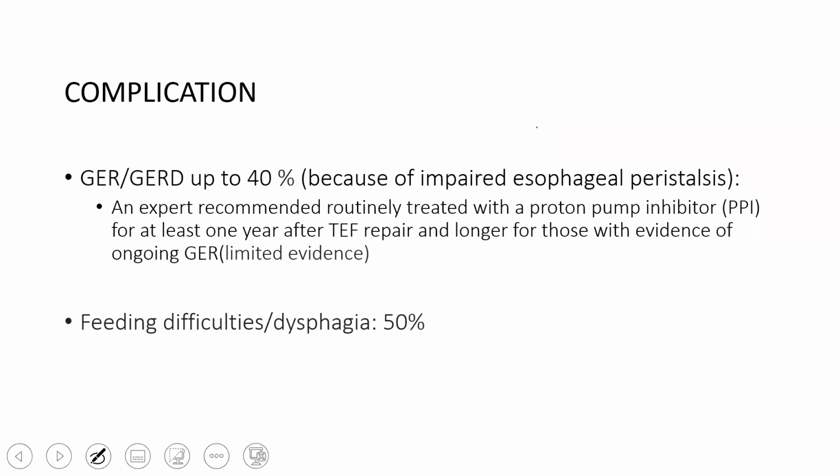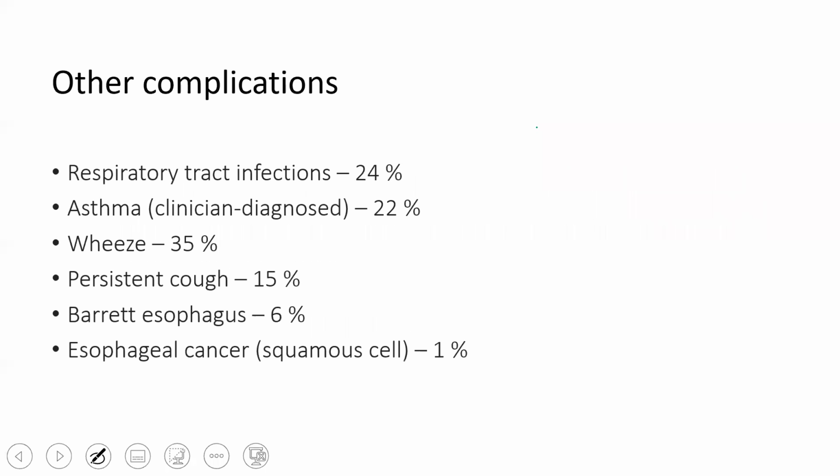They might have feeding difficulties, dysphagia, in up to 50% of cases. The other complications are respiratory: around 22% diagnosed asthma, or just wheezy, undiagnosed, around 35%. You might have a persistent cough, not asthma,